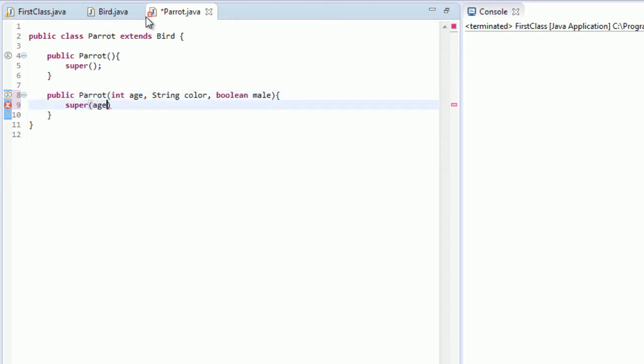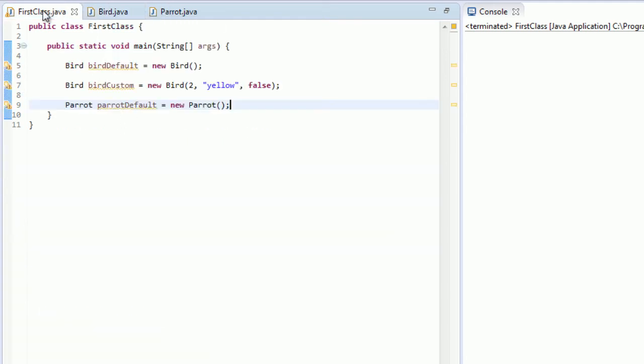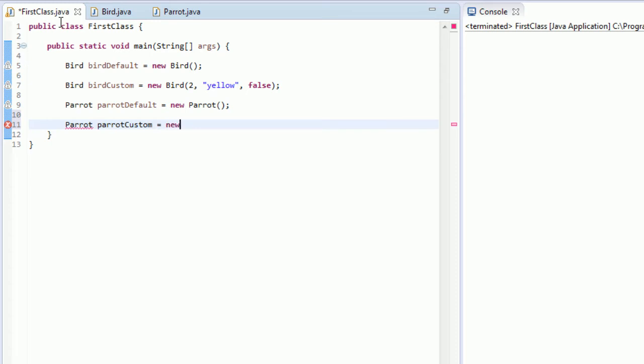And so then in here you're just going to want to type age, color, and male. And so what's going to happen is it's going to call the bird constructor that has all of these values. So it's going to do the same thing that the custom bird class would do. So we can create a custom parrot, custom, and just set it equal to new Parrot, and it can have all these different values. We'll set this one equal to 5. I don't know if parrots live that long. Probably. They're troopers. Blue, and then false,